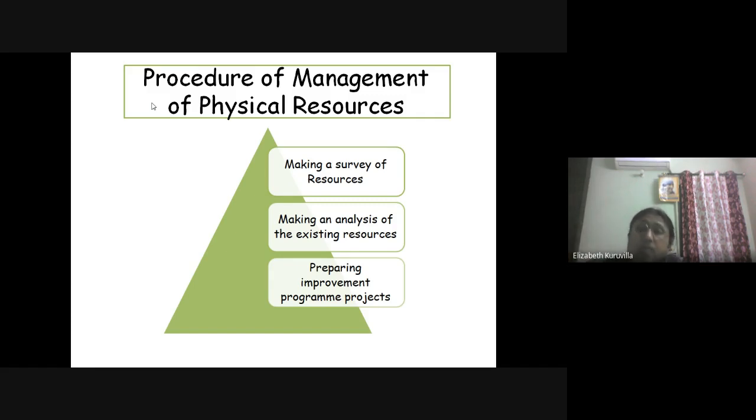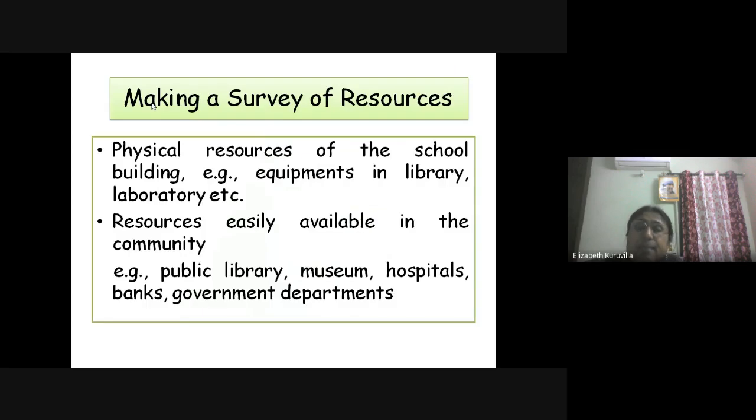So let us go through each step in detail. What do we mean by making a survey of resources? It means the physical resources of the school building, that is, equipment in the library, laboratory, then each club's equipment, etc.